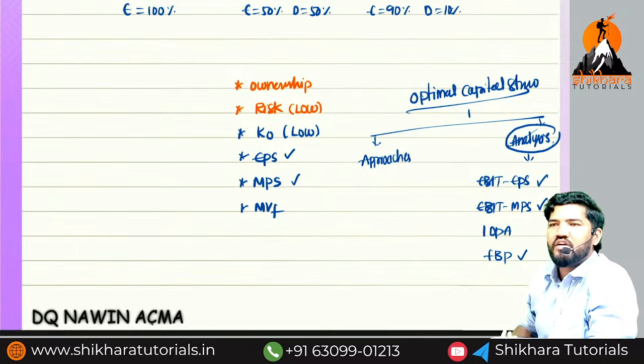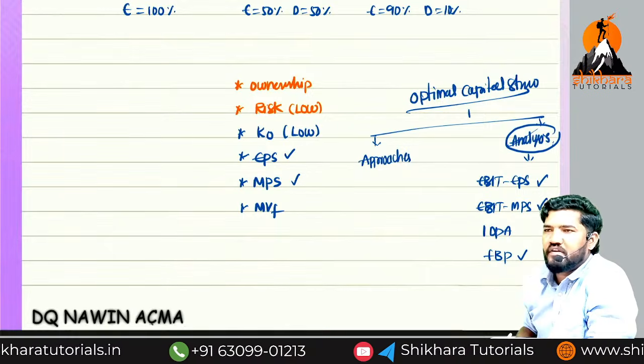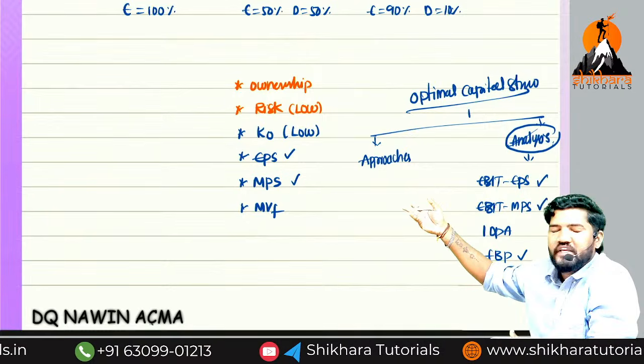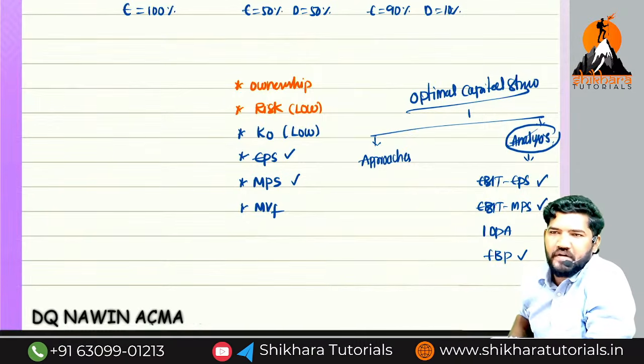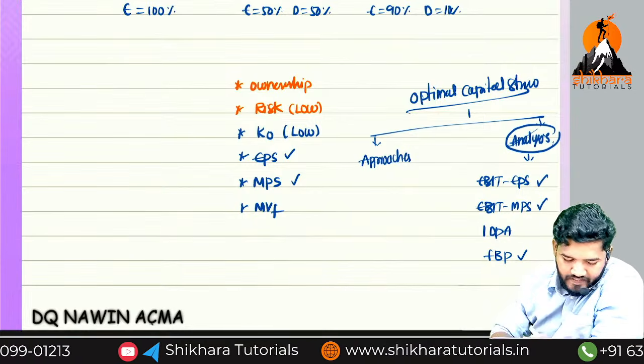So I hope you know the income statement. As per the financing decision, one income statement is there. As per the capital investment decision, another income statement is there. Two different income statements we have. As per the financing decision,